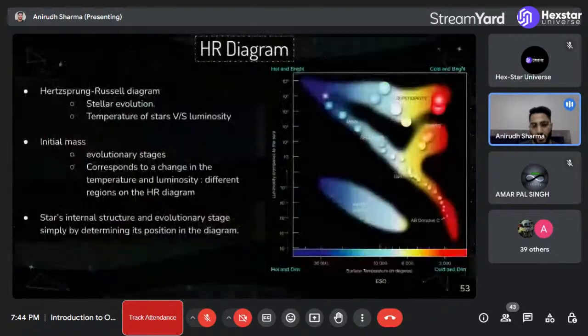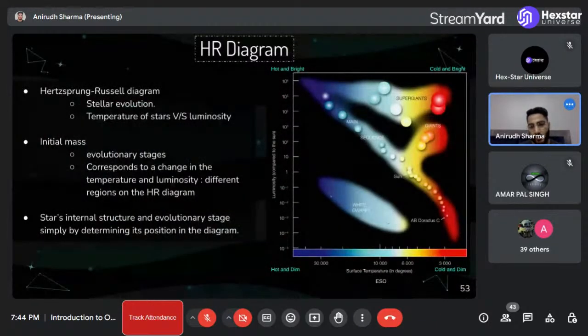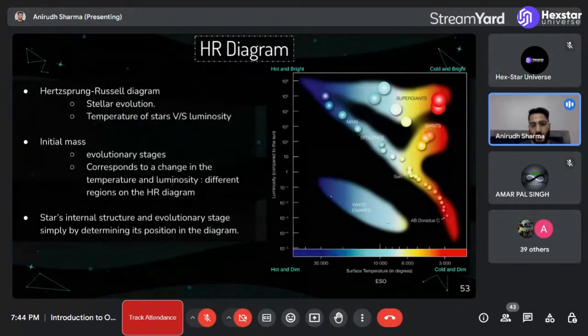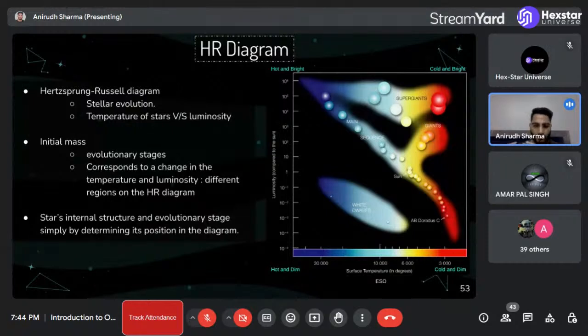So अब तक हमने पढ़ा कि HR डायग्राम से हम क्या क्या पता लगा सकते हैं, कि किस एज में वो स्टार है या फिर किस मास का वो स्टार है अप्रोक्सीमेटली, या फिर क्या उसका साइज है। और हम इसकी एवोल्यूशनरी स्टेजेस भी पता लगा सकते हैं कि किस एवोल्यूशनरी स्टेज में ये है। तो क्या वो अभी रेड जाइंट स्टार बन गया है, या फिर अभी वो अपने उस स्टेज में है जिस स्टेज में